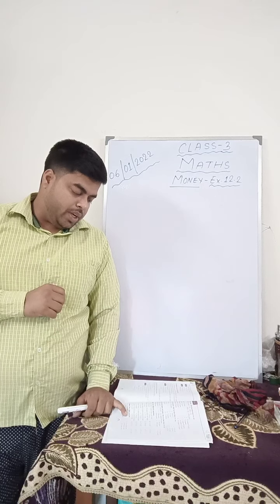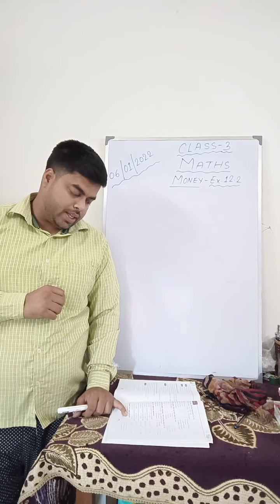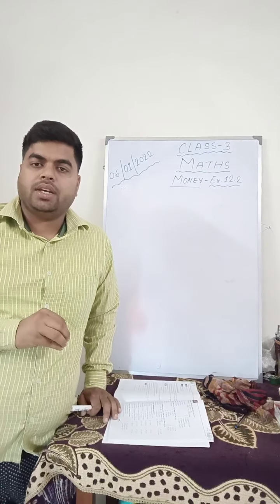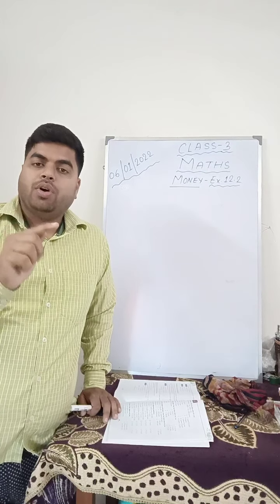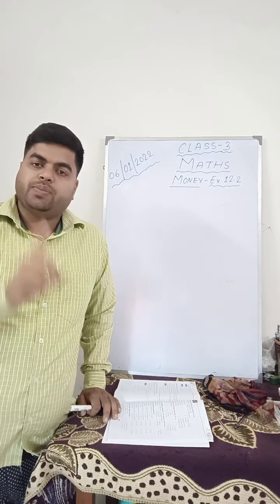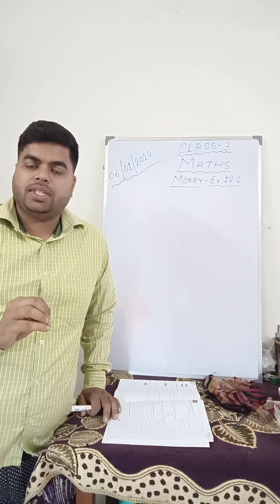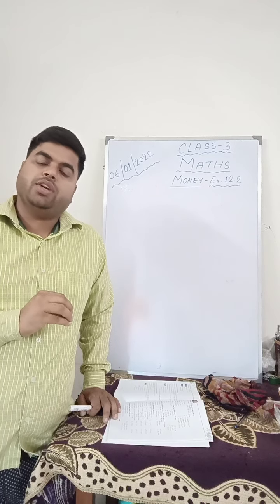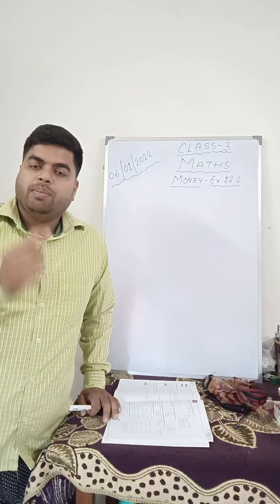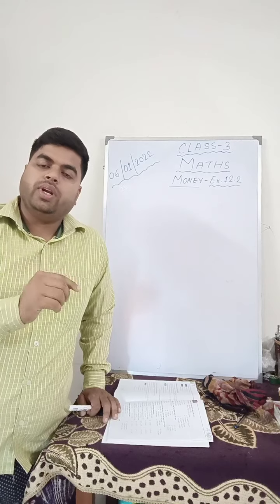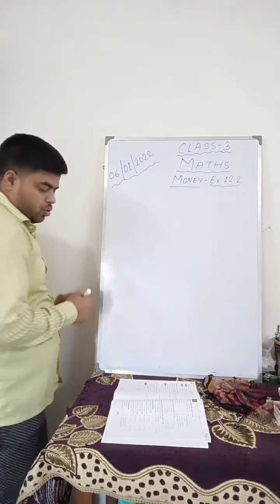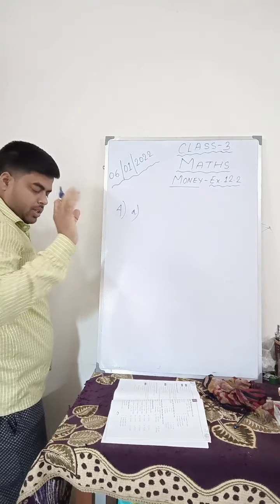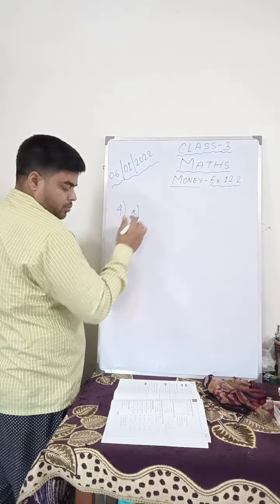Same, how many 10 paisa coins will make this much, how many 25 paisa coins. So whatever the amount, whatever the rupees they give you, you divide by the amount of one coin. If it is a 5 paisa coin, you will divide by 5. If it is a 10 paisa coin, you will divide by 10. If it is a 20 paisa coin, you will divide by 20 paisa. So if you divide by the amount of one coin, you will get the number of coins. Let me show you question number 1 for A, and all the remaining are the same.